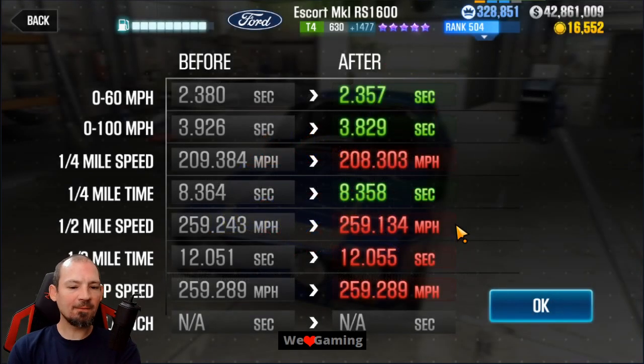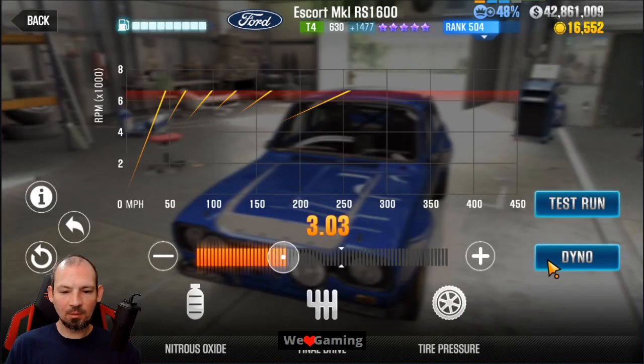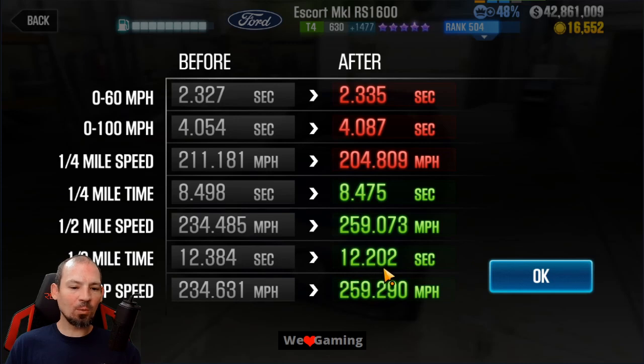They actually ran very similar times. Let's go check out the dyno time though. We've got a dyno time of 12.2, so it's basically beating dyno time by 0.2 of a second. And I've also found on this car,